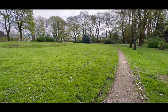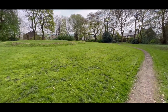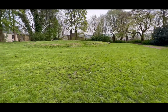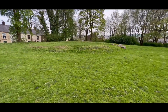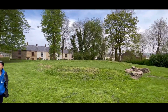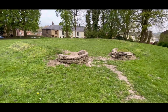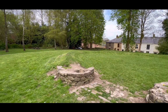Just arrived in Darwen, and we've come to a place called Barrow, which is an ancient burial site, and this is believed to be 3,000 to 4,000 years old, and it's around Barrow where there's discovered human remains and ancient urns buried. So we'll have a look. It's in a little park area in between roads of houses. So this is the